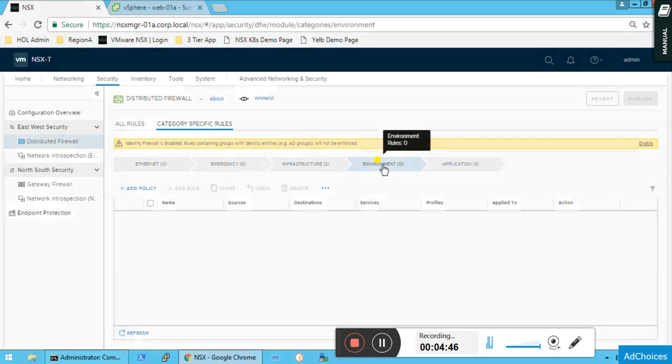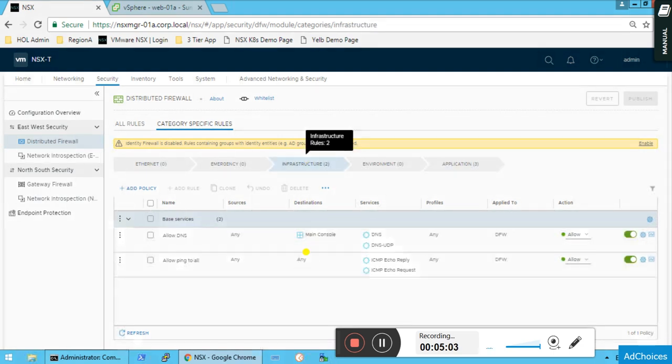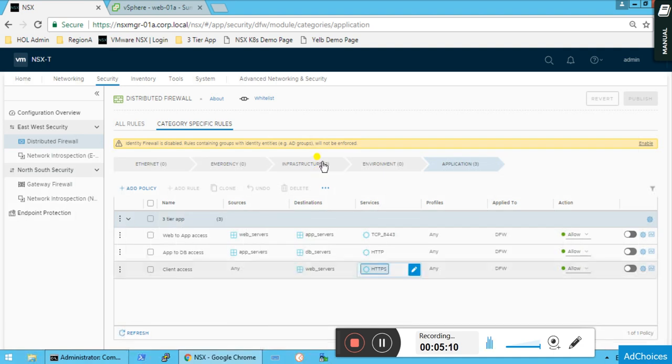And then environment, and then application. So this is just a kind of categorization of DFW rules. If I want to block any application port, then I need to create the rule in this section, or you can say the policy here. If I want to block some infrastructure kind of services, then I will create a section or rule here, right? So that's it. Okay, let's see one example.